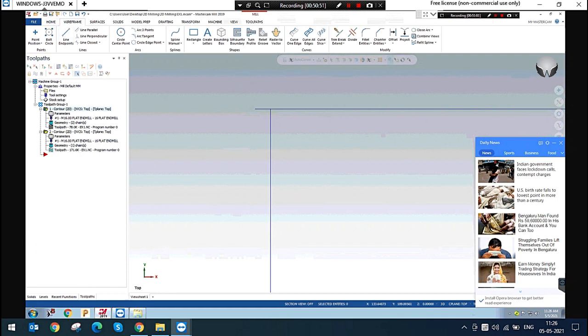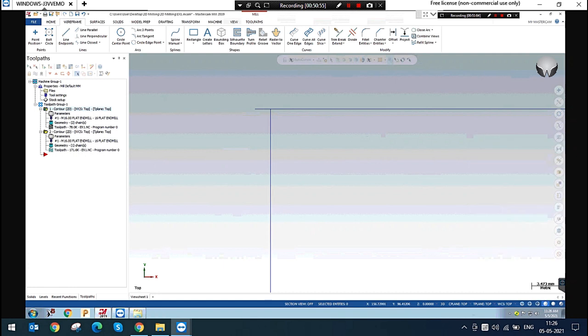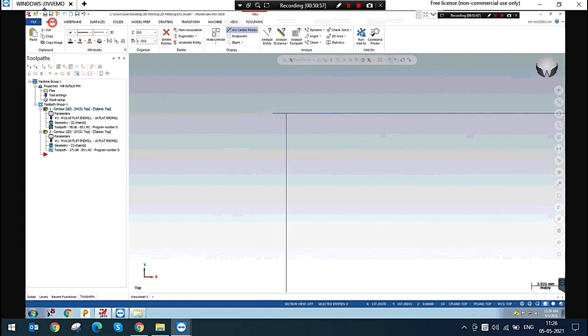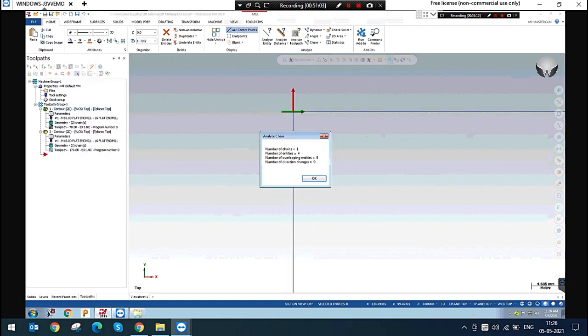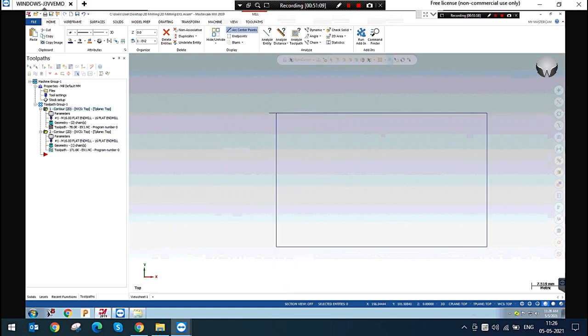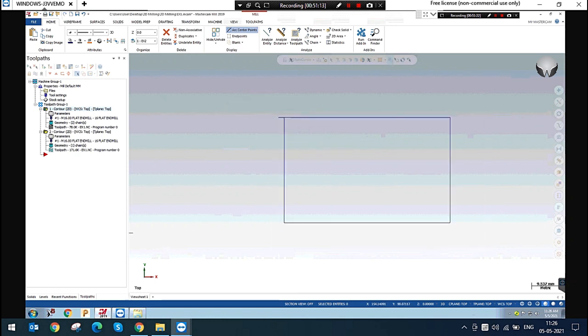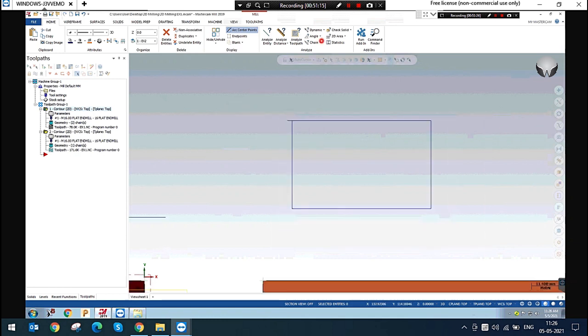Now I'm going to analyze the chain. It is not showing the overlapping. Oh, yeah, I don't know this. I will check this. But this is the overlap. Yes. So next,